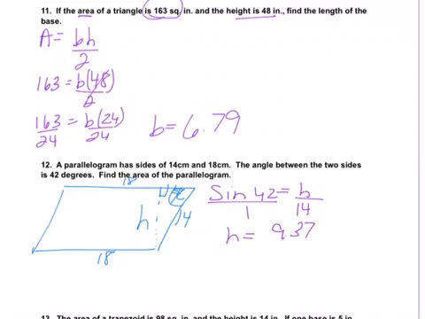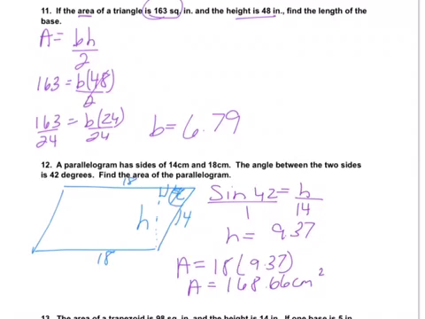So now I can figure out the area of the parallelogram by taking my base, which is 18, times my height, which is 9.3. And my answer is 168.66 hundredths